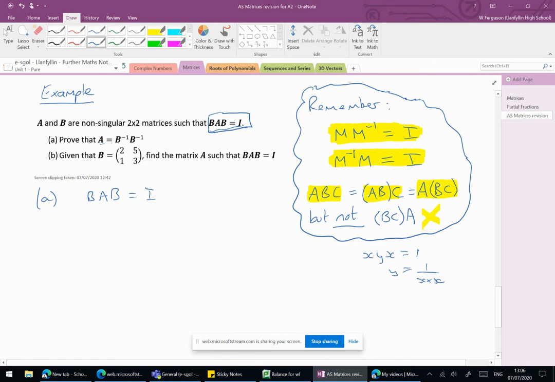Now, if I want to remove that first B from the list, what I need to do is to pre-multiply the whole thing by B minus 1. So B minus 1 BAB. And if I've pre-multiplied by B minus 1 on the left-hand side of my equation, I need to pre-multiply by B minus 1 on the right-hand side as well. So that's equal to B minus 1 times I, although, of course, it wouldn't matter when I'm multiplying by I